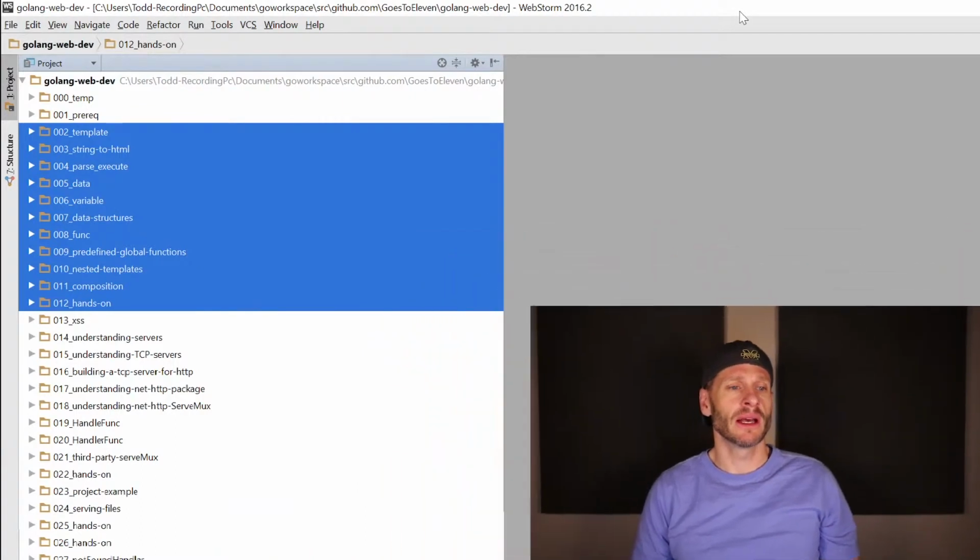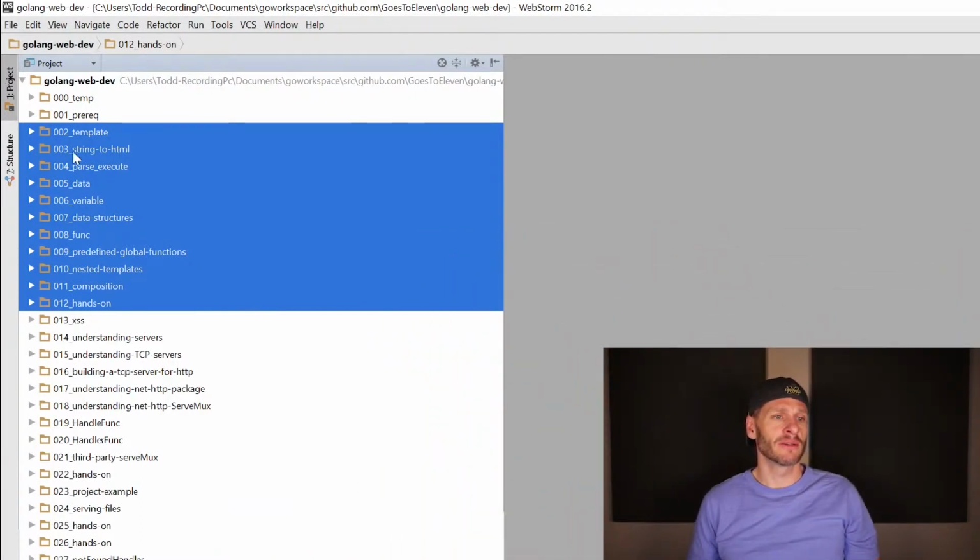The first thing we're going to learn about are templates. And templates are really important to web programming. Templates allow us to personalize web pages for the user. And we're going to devote the first folders here of code, 02 through 012, to understanding how templates work with